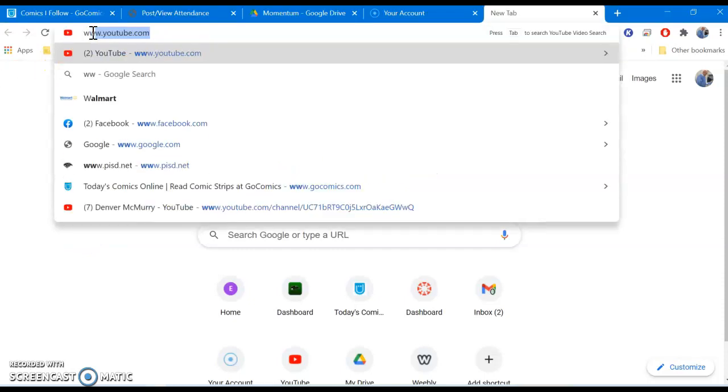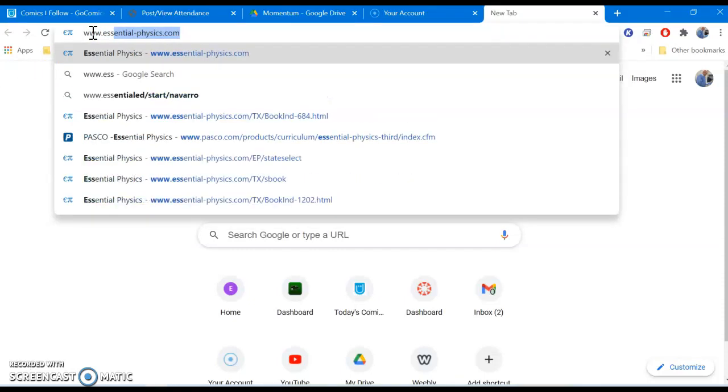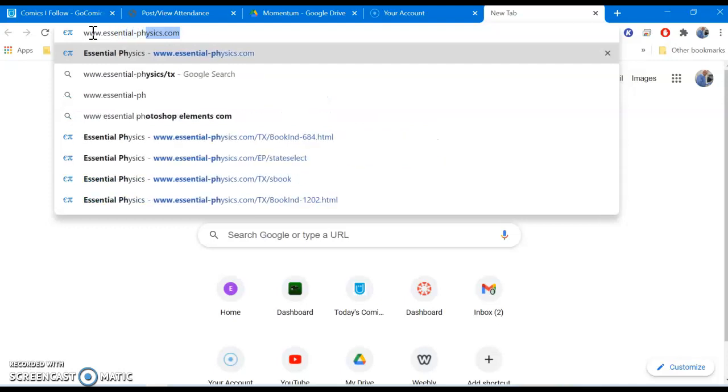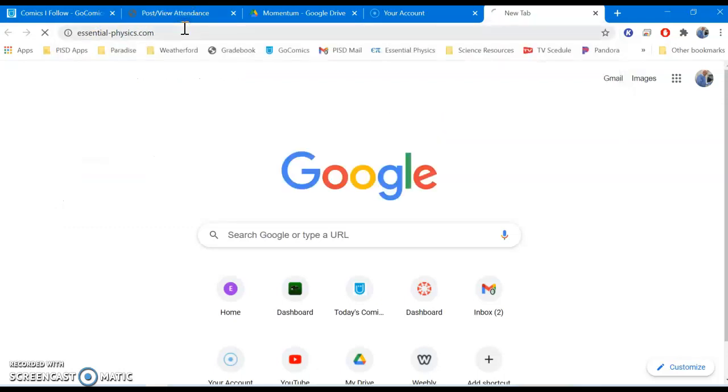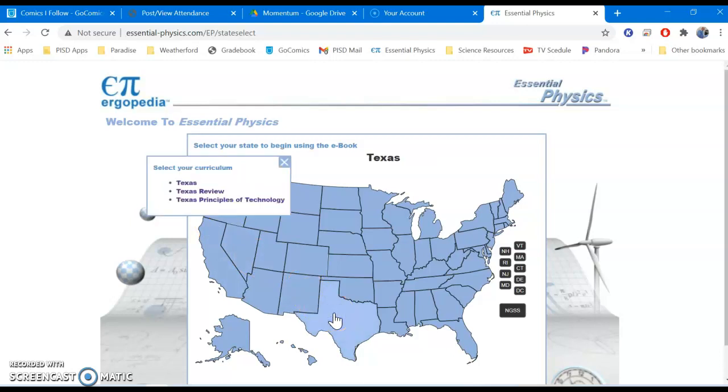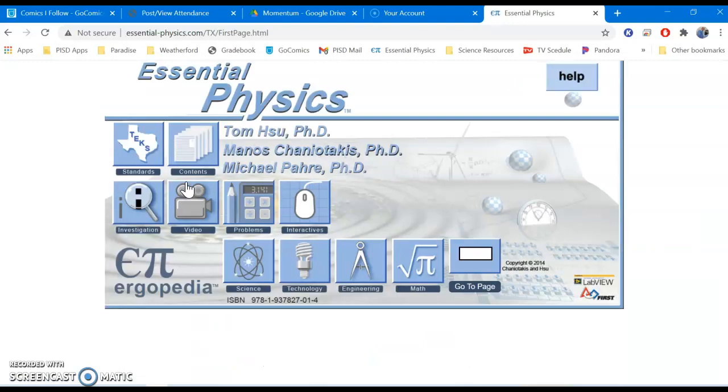So we will go to www.essential-physics.com. All right, and when you do that, you should end up with something like this. Once there, you'll click on the state of Texas. Once you get to the page here, you may have to put in the code, which is